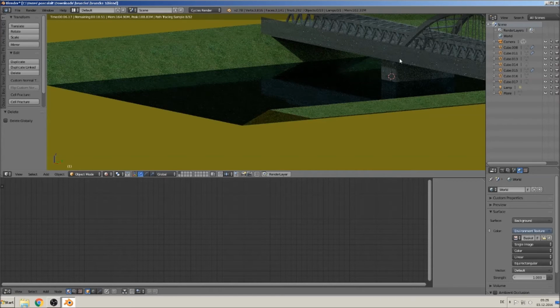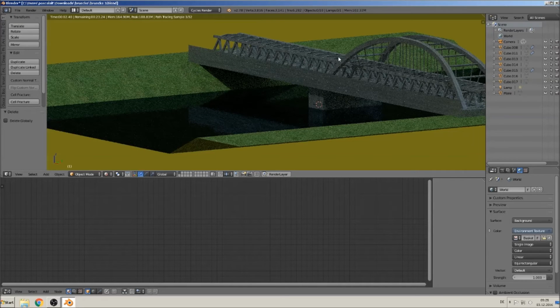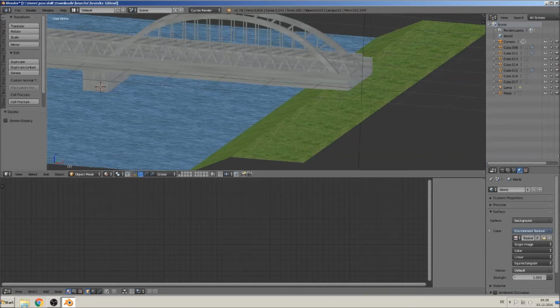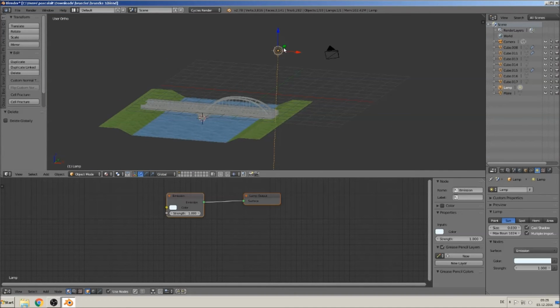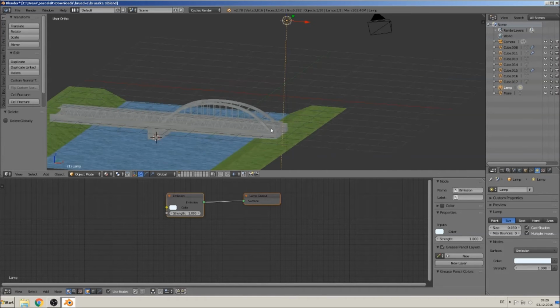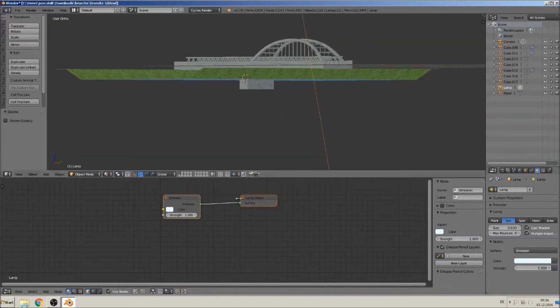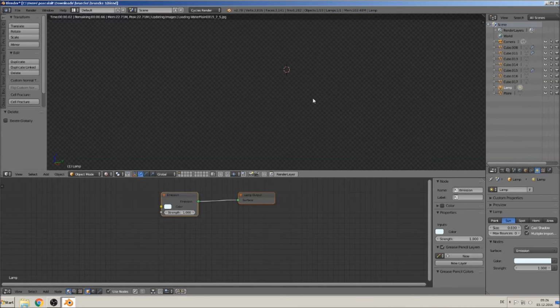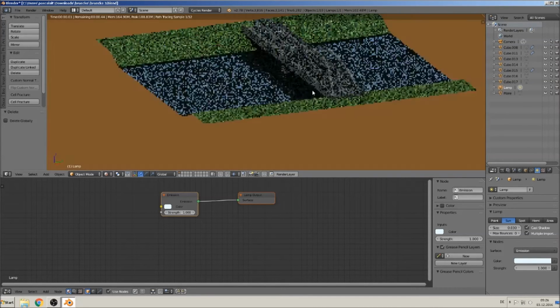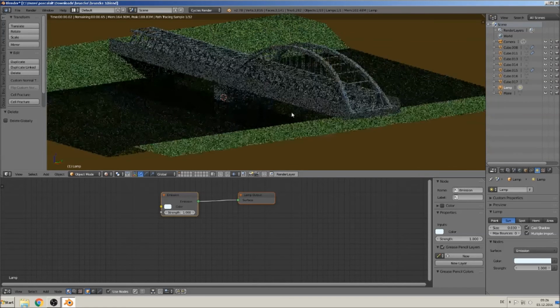But you see, the bridge in the water comes, the shadows come. That's all good. These here are the fireflies. That is because of the sun. That is too much for them. There are many ways to clean it up. In this case, I make the bounce down, and let me show again. Bounce down, and it is better,